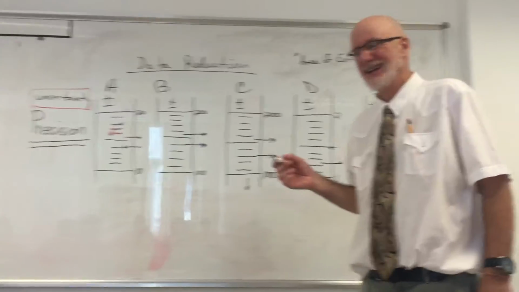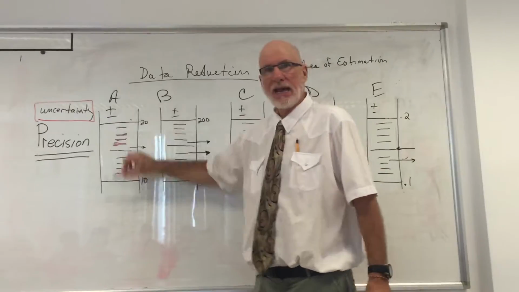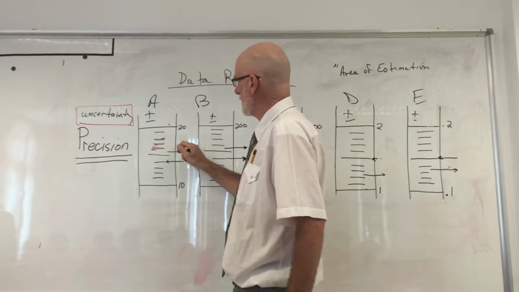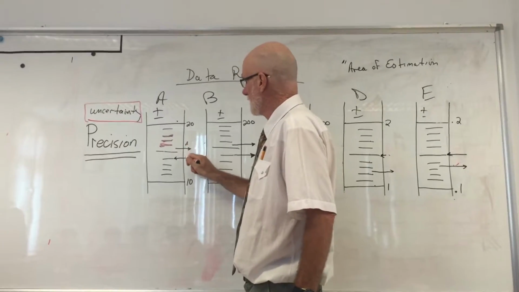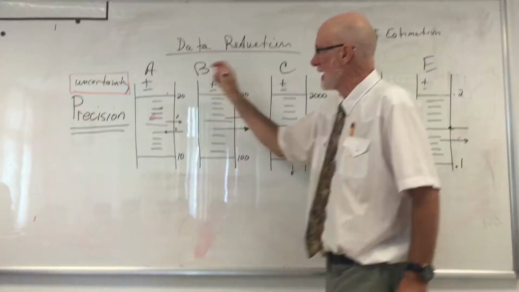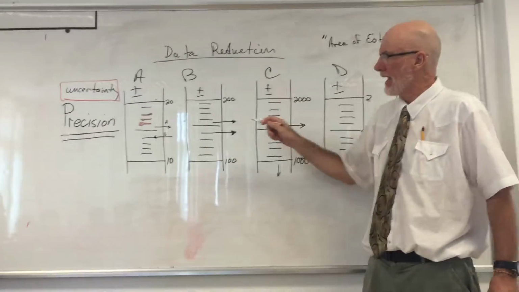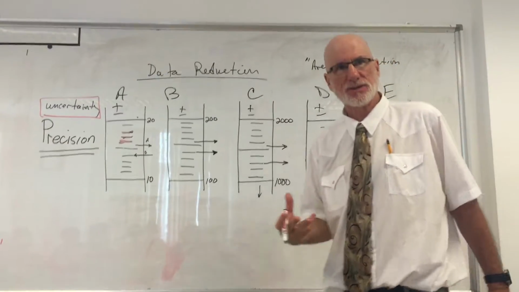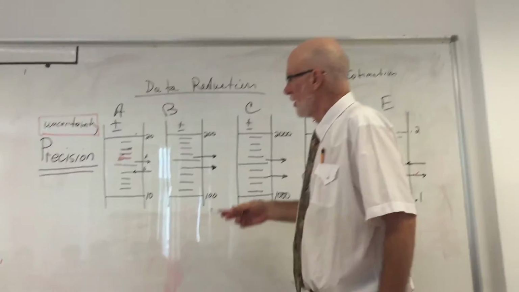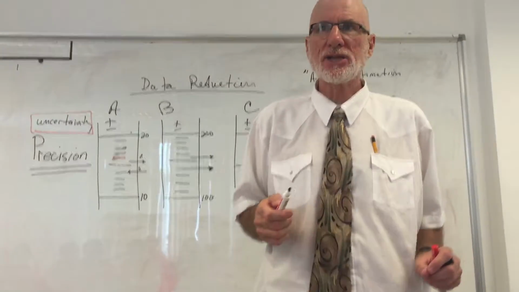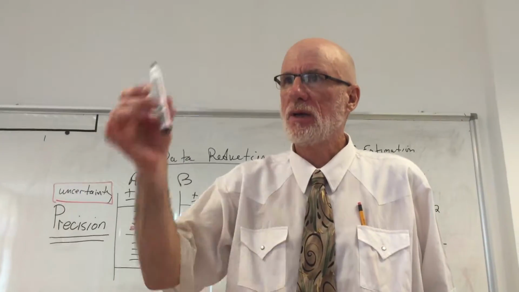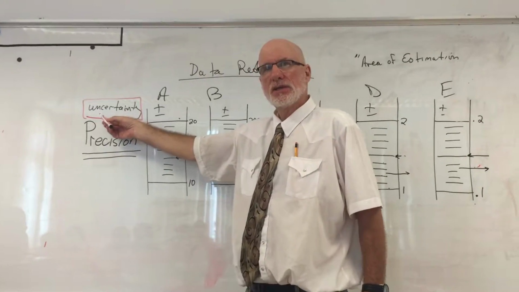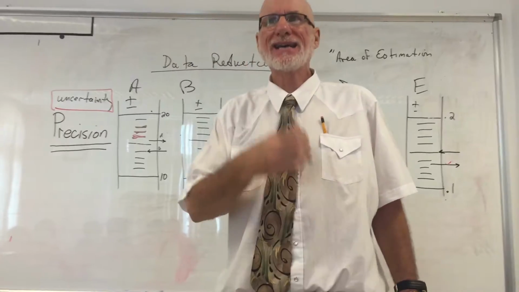Okay, good. All right, now, so scale A, B, C, D, E. I have the top one is going to be A. This is going to be B. So we have A, B, C, D, E, and then A, B, A, B, A, B, A, B. There's going to be 10 measurements. Now, the first thing you have to do, and we did this yesterday, is determine the precision. What's the precision? Precision is the uncertainty, is the estimation.